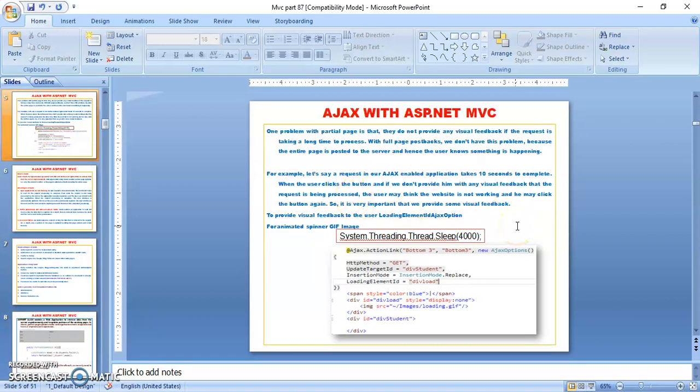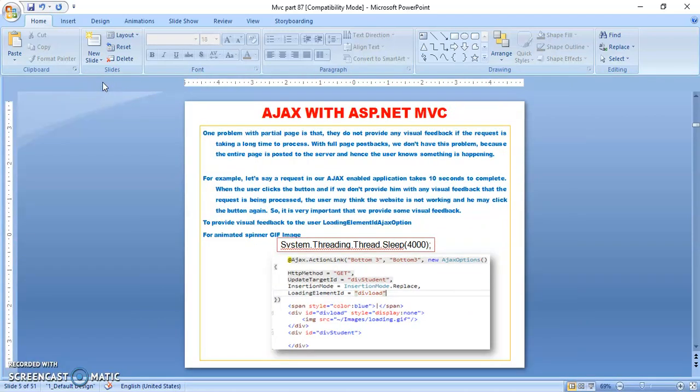One problem with partial page updates is that they do not provide any visual feedback if the request is taking a long time to process. With full page postbacks we don't have this problem, because the entire page is posted to the server and hence the user knows something is happening.